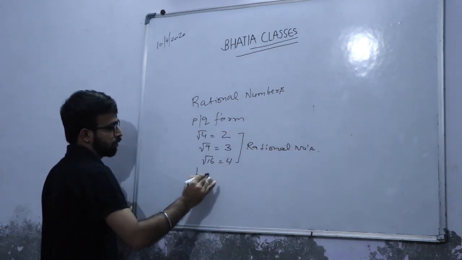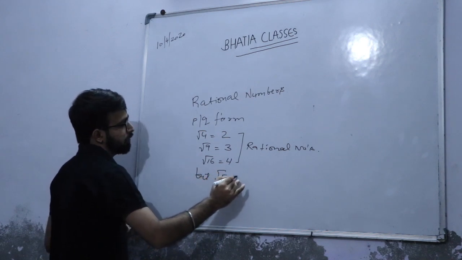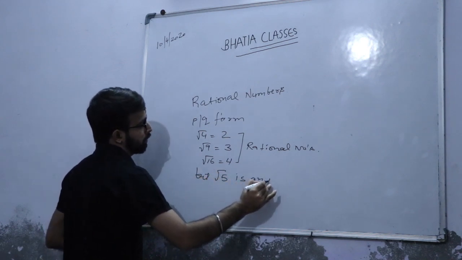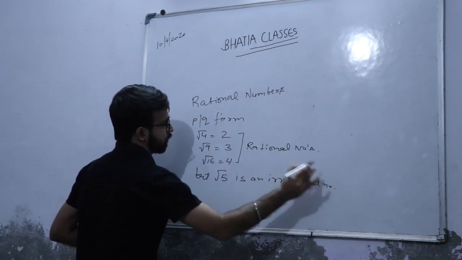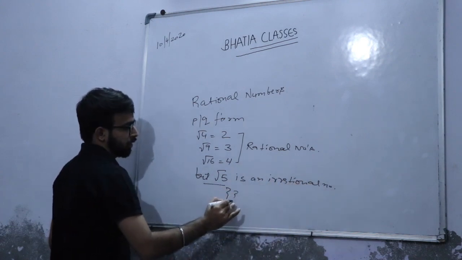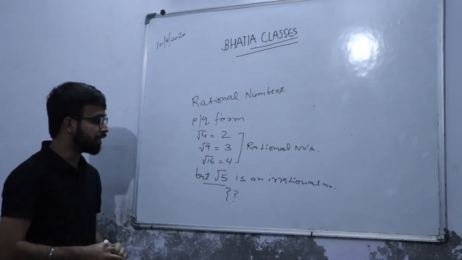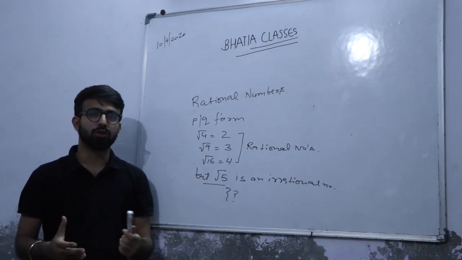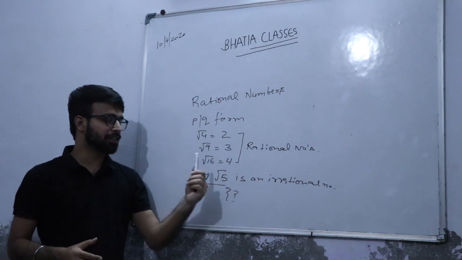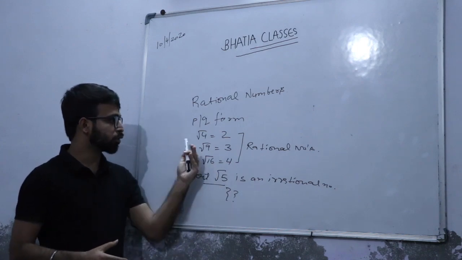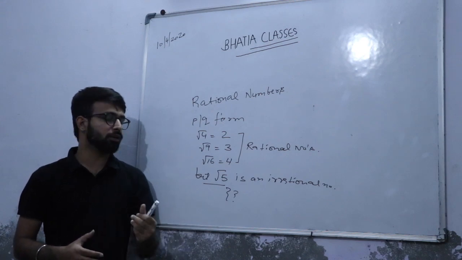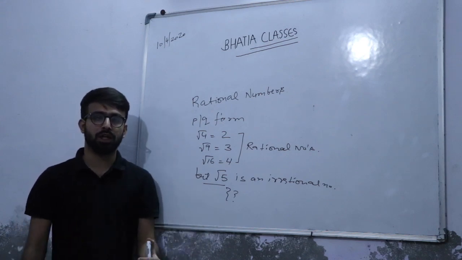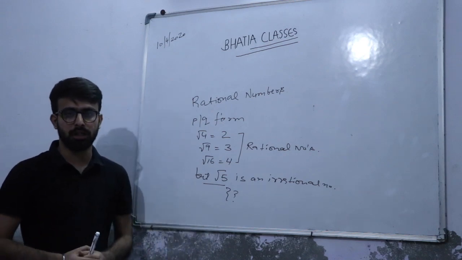but √5 is an irrational number. Now you will ask how? √5 एक irrational number कैसे है? तो इसके बारे में मैं आपको नेक्स्ट क्लास में बताऊंगा। अभी मैं इस टॉपिक को इरेज करना चाहता हूं यहां से, और फर्दर जो प्रॉब्लम्स हैं मैं उन्हें यहां पर एक्सप्लेन करूंगा आप लोगों के लिए, जो आपकी एनसीईआरटी 1.1 में है।